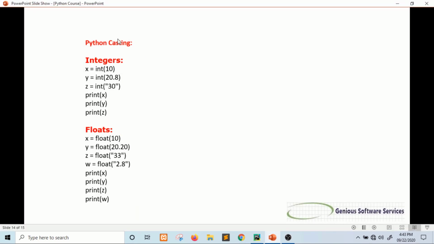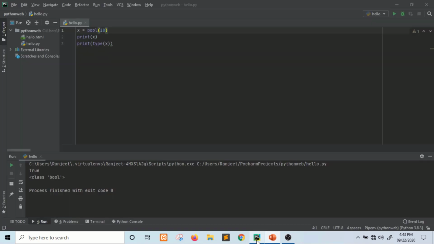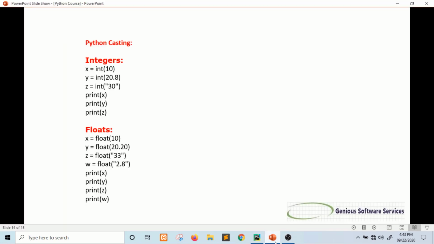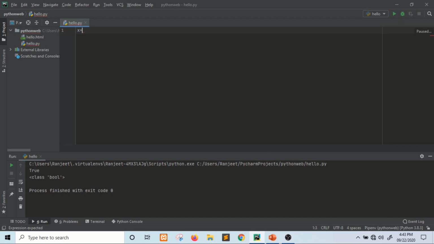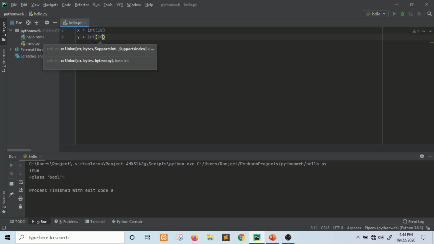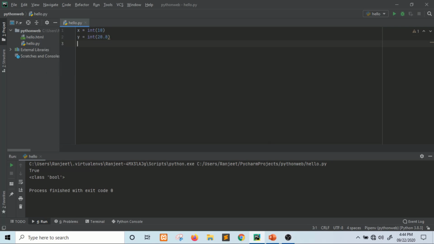Now next one, Python casting. In Python casting, first we will see x, y, z. x equals int 10, y equals int 20.8, z equals int 30.